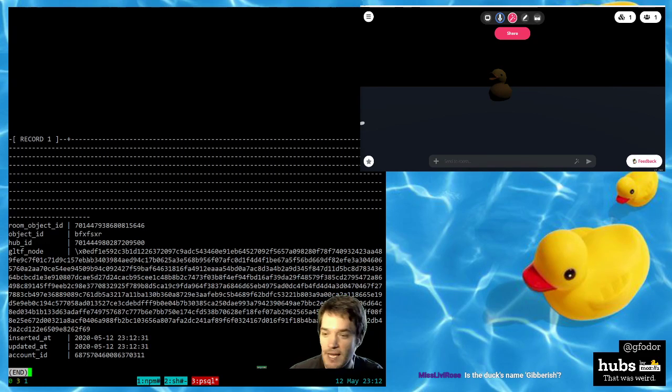The duck's name actually is BFXFXXR. I dare you to try to say that. If you have a pet duck, this would probably not be a good choice of name for the duck. But nonetheless, that's the name that our computers have chosen for this particular duck. So we're stuck with it. So anyhow,